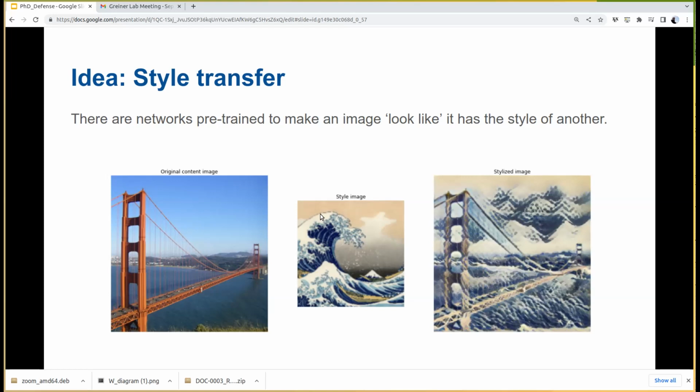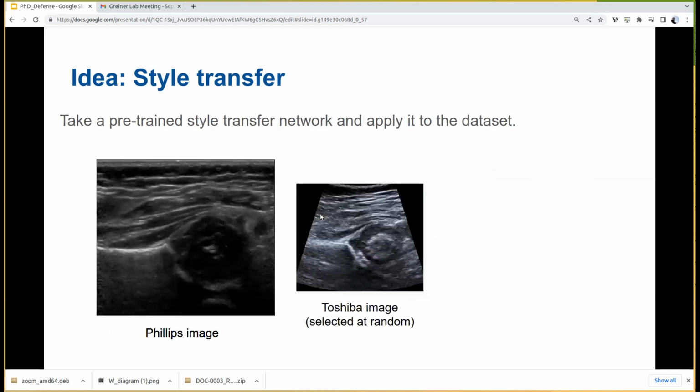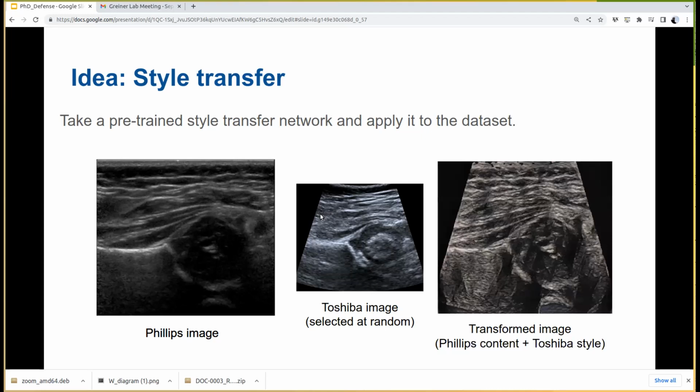So then we started exploring the idea of doing exactly the same for these images. What if the content image is the image from the linear probe, and the style image is the one on the test set, actually, of the conic probe? And then we create the following. We transfer the style of one to the other. So now the texture looks more like the image in the middle, but we can see that the content is basically the same.